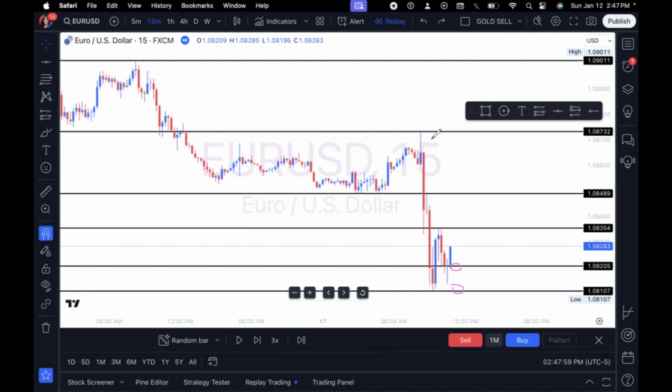Now, because we're not using any indicators, the next question I will ask myself is, has the market broken structure above or below the previous trend? Now, a break of structure is exactly what it sounds like. We can see that at one point in time, the market was consolidating in this zone, meaning it was buying and selling in the same range until there was a literal break of structure below, pushing the market down